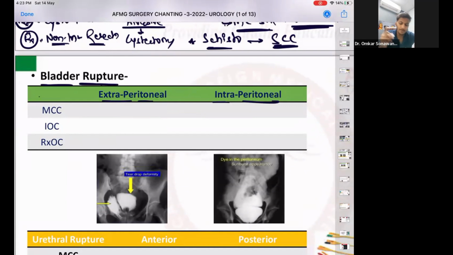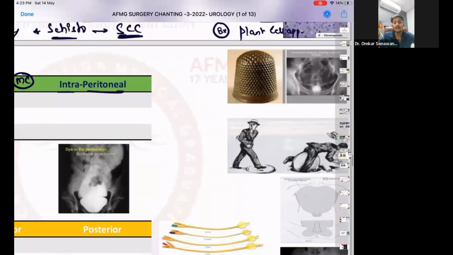The most common cause of extraperitoneal bladder rupture is usually trauma. It can be a road traffic accident. Okay, important. Whereas the most common cause of intraperitoneal bladder rupture